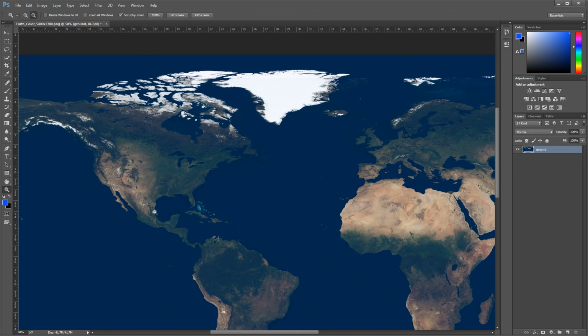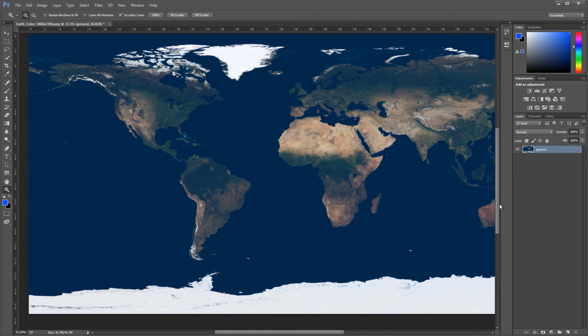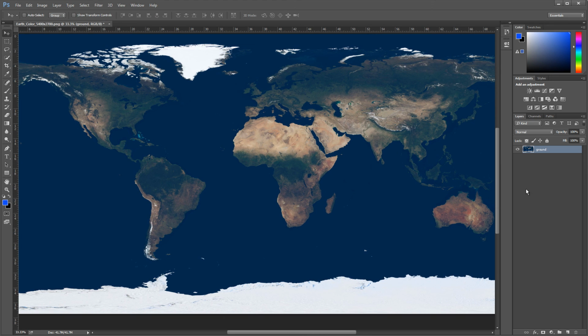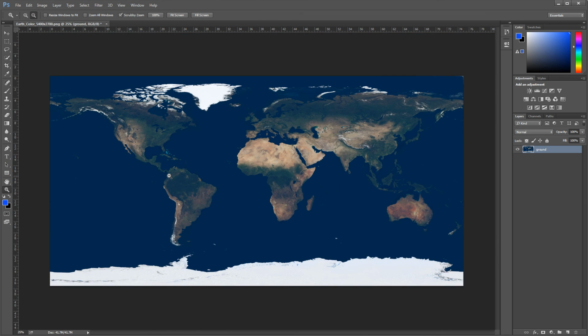Zoom out. Okay. So what we want to do now is take this ground image and make it spherical. So what we can do is, let's zoom out actually a little more. Go to our marquee tool, not lasso tool. We're going to switch to the elliptical marquee tool. In the middle, don't go all the way to the edges, but just kind of near the edges, start drawing